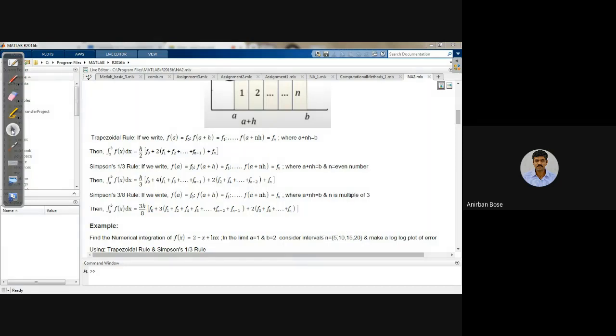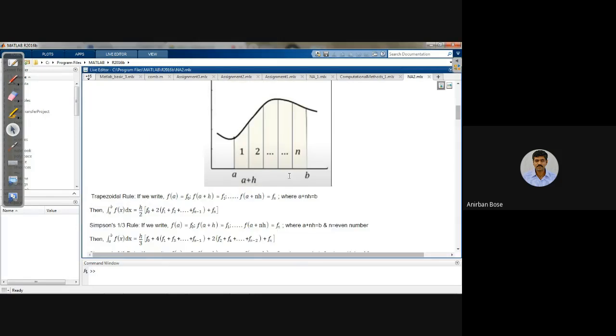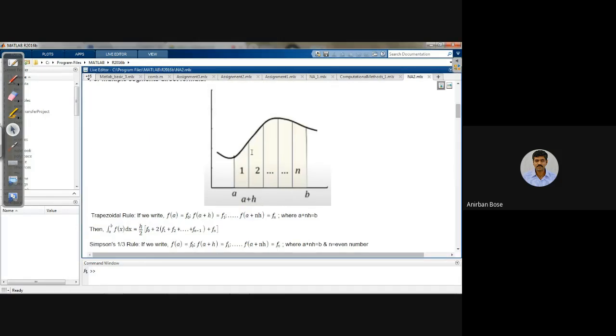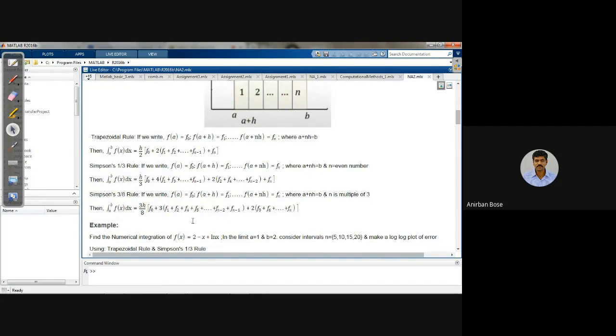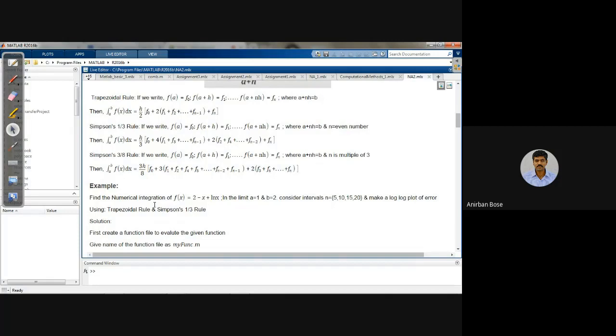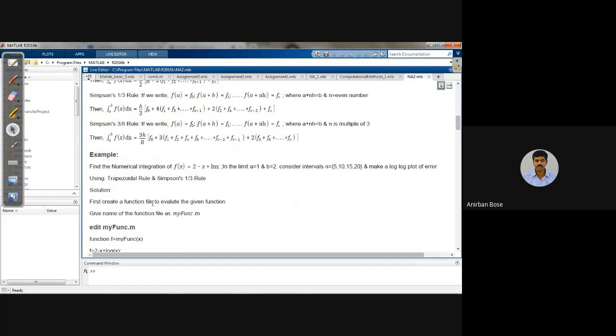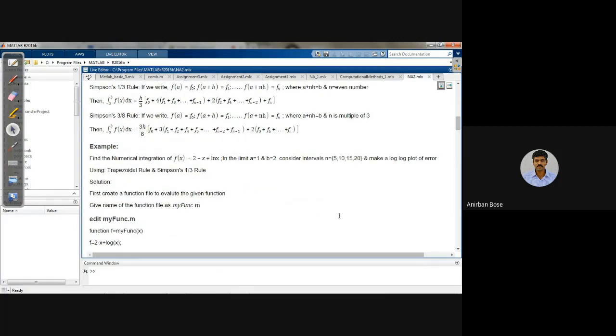But I personally prefer, during coding, to write the single segment formula and use a for loop to calculate and sum all the individual segments. I will do it both ways. What I am saying is that you find the area of each individual segment, use the for loop to calculate each area, then sum all of them. You need not remember all these formulas. This is one way of doing it. Another way, you can just remember the formula and do the numerical integration that way also, no problem. Anyway, let us try to solve one problem so that you can understand how to actually solve numerical integration through coding.